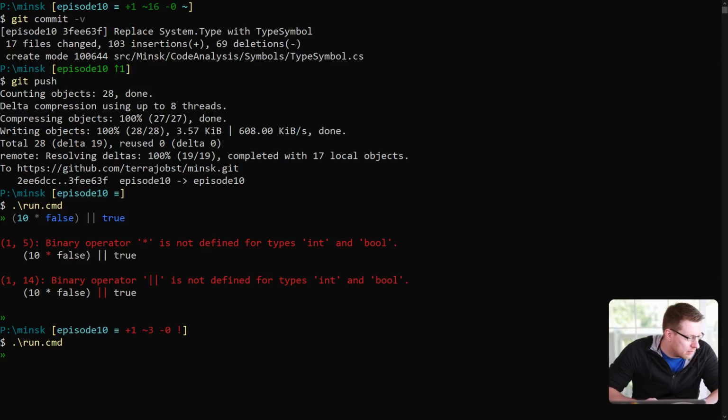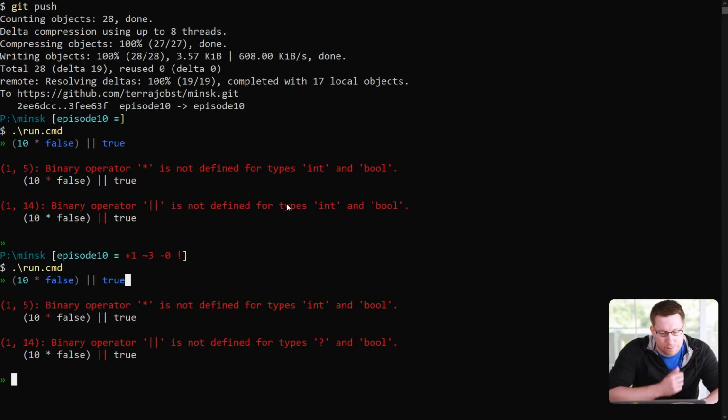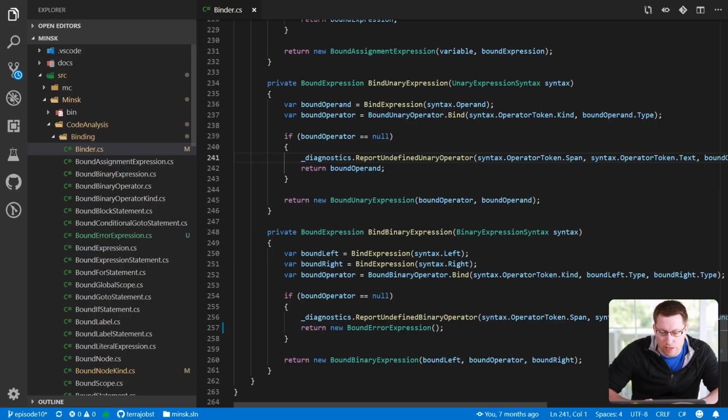So let's take our example from earlier. We still get two errors, obviously, because we just return error now. But now instead of saying not defined for int and bool, it says for error and bool, because now it actually propagated that this thing evaluates to error symbol. And so now it says, well, I cannot define the operator for error and bool. And so what you would do now is you would say, well,